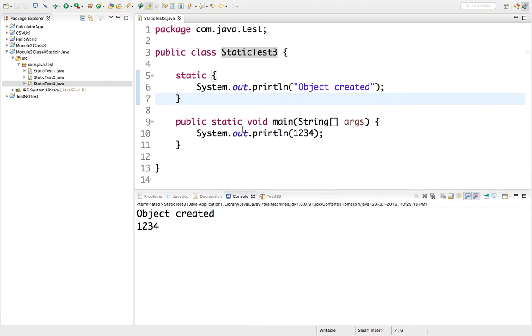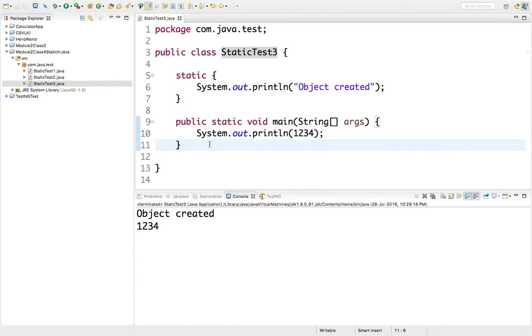You can see object created comes before 1 2 3 4, even though this one is called later, because to call this method you must have an object. The object has to be created first. So when the object was created, at that time this static block got executed, it printed object created, and then it came to this place.